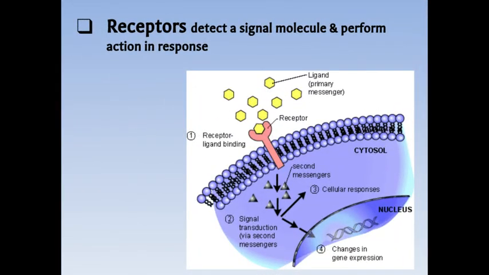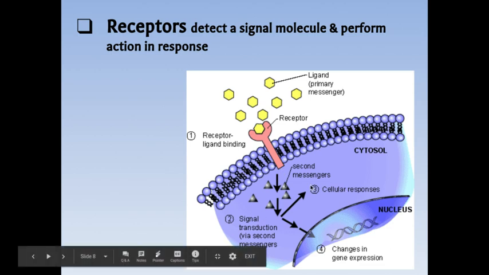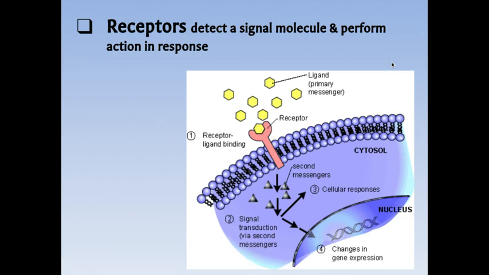Just a little bit about receptors. Receptors are a type of protein embedded in the cell membrane that basically will detect a signal molecule. Here it's called a ligand, and this will be later in our units, and it will cause the cell to perform an action in response. So this particular chemical messenger can't cross the membrane, so it has to bind to a receptor. This binding will then cause a cascade of events to happen, causing a cellular response. That's cell-to-cell communication. But I still wanted to introduce it since it is one of the functions